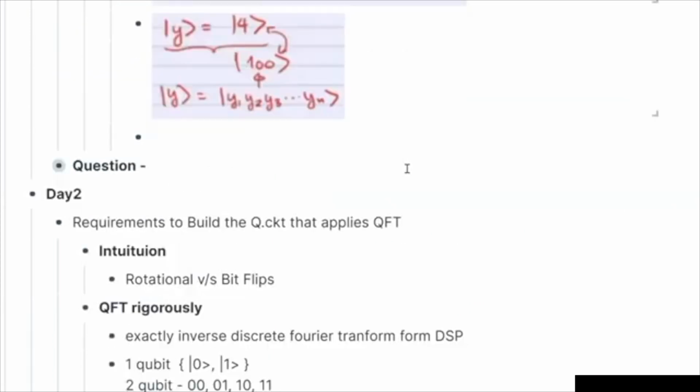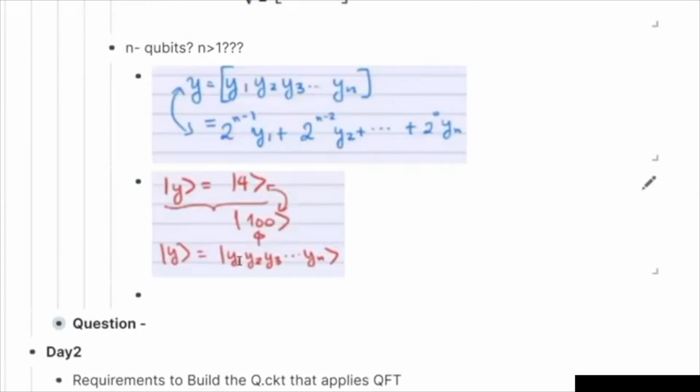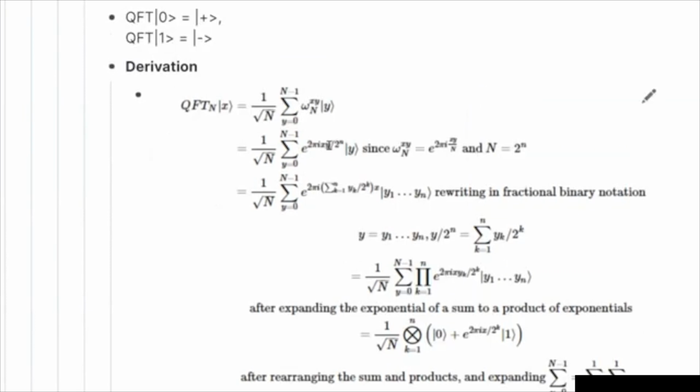Like for here we had y3 y1 be multiplied with 2 power 3 minus 1. So that is 2 power 2, that is 4. So y1 is 1 and 1 into 4 is 4, and others are 0. So instead of representing as just 4, we represent it as 1 into 2 power 2 plus 0 into 2 power 1 plus 0 into 2 power 0. So similarly, here we replace y with this kind of summation, where the summation runs from 1 to n, and